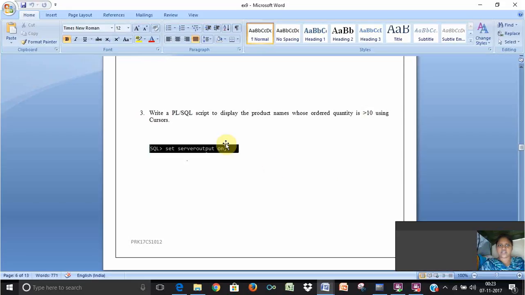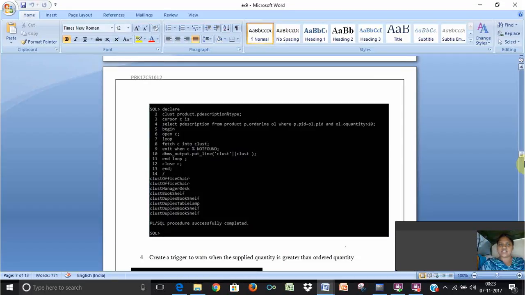So coming to the next question: write a PL/SQL script to display the product names whose ordered quantity is greater than 10 using cursors. For using cursors we will set serveroutput on. After that we will use cursors. So we will give a statement like this: declare